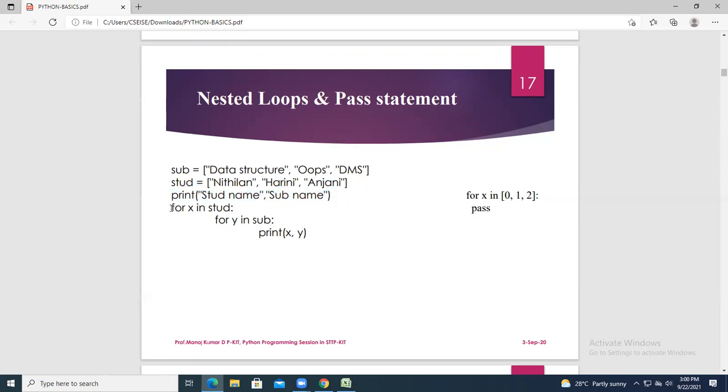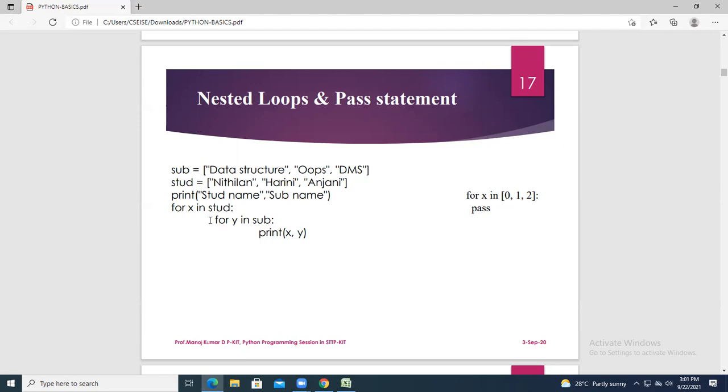I am going to take for X in the first list and for Y in sub. How many X values are there? X0, X1, X2, and for Y, Y0, Y1, Y2. So this is the nested loop structure: for X in the first list, for Y in sub, print X comma Y. So what can be the output you get?